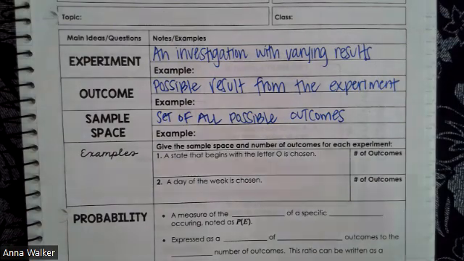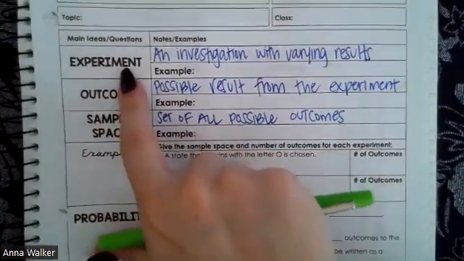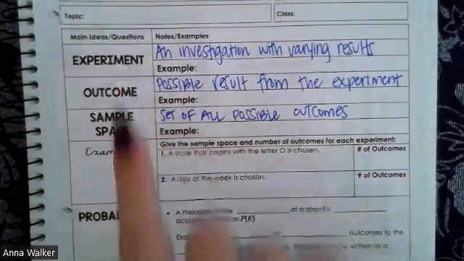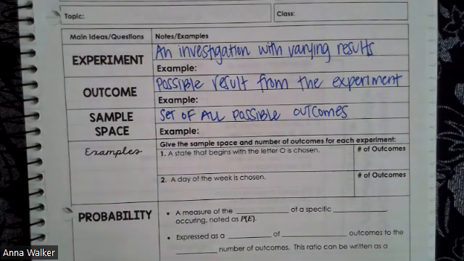Okay, so now that we have the definitions copied down, we're going to go over them and go over some examples. When we are looking at the odds or the chances of something happening, we call the problem that we're looking at an experiment. Just like in science you have experiments where you're testing a hypothesis to see if something is true, when we are trying to figure out the chances of something happening in math, it is also in the form of an experiment. We're trying to see what are the chances that a blue marble gets picked from the